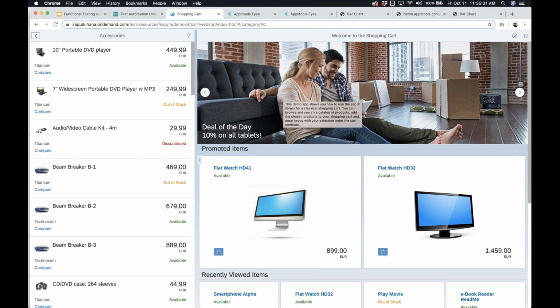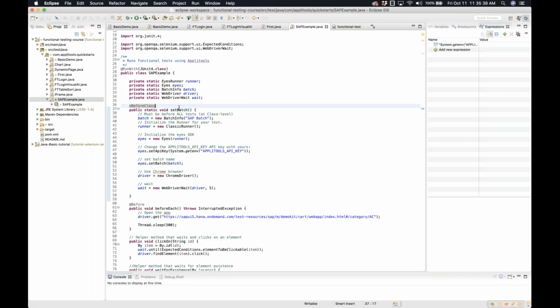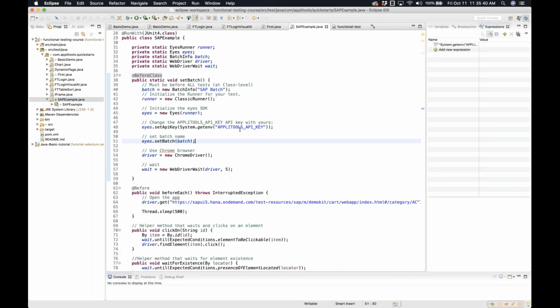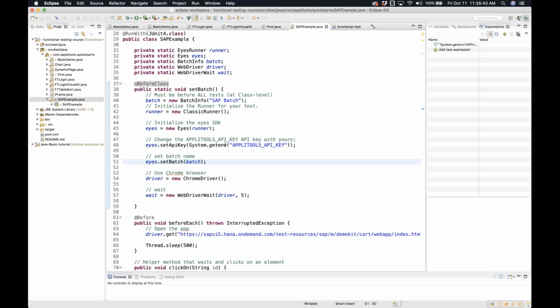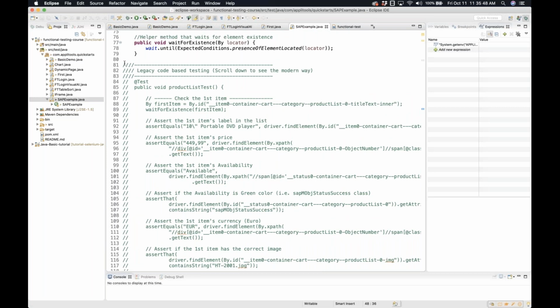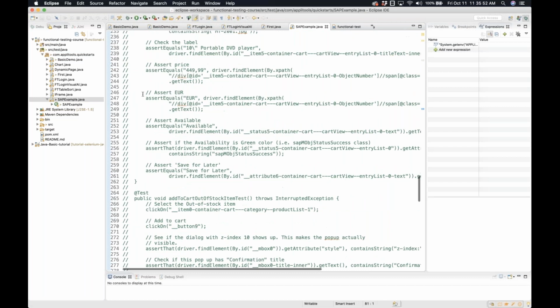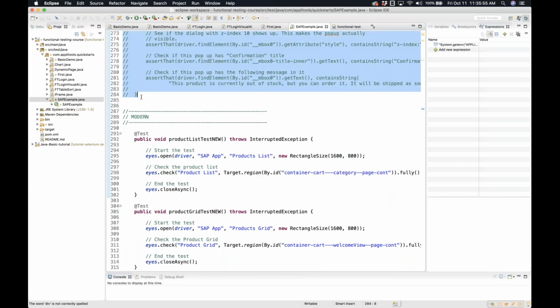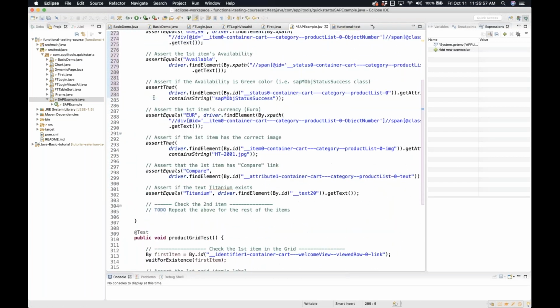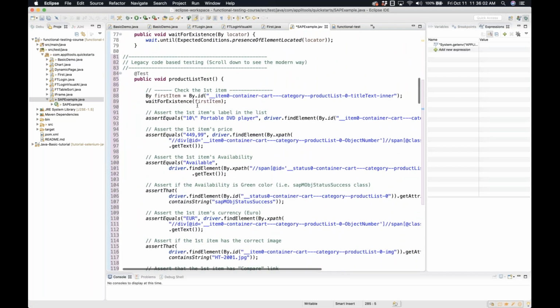You don't need to think about it. I'm going to show you the code that I wrote for this specific test. I'm hoping that you can see it. Let me make it a little bit bigger. The code that I have commented out, let me uncomment it so you can see this. Okay, so here is the legacy code, and here is the way you would have written it